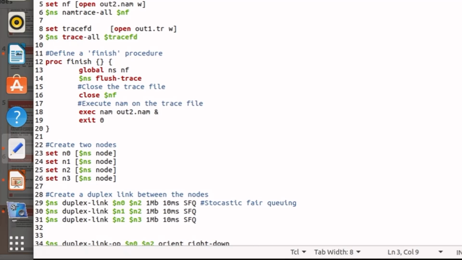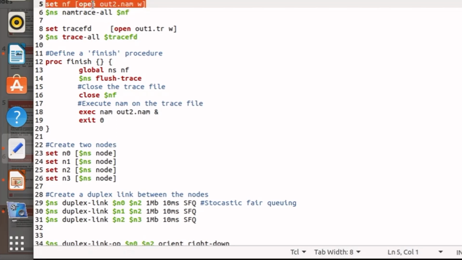This is the same command as set. In set, we assign a variable, and the type of that variable is written in this part. Now, set nf open out2.nam w.